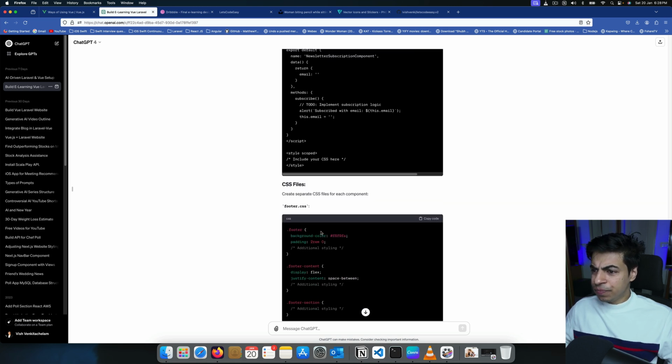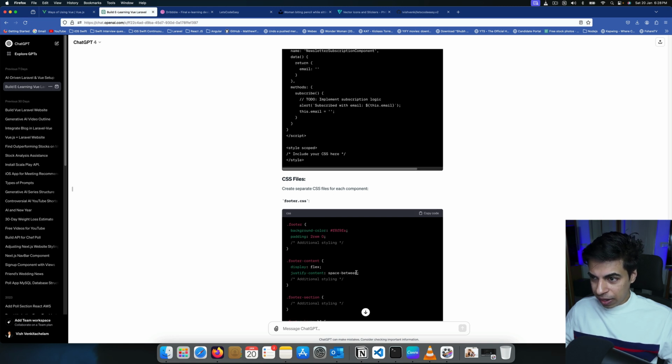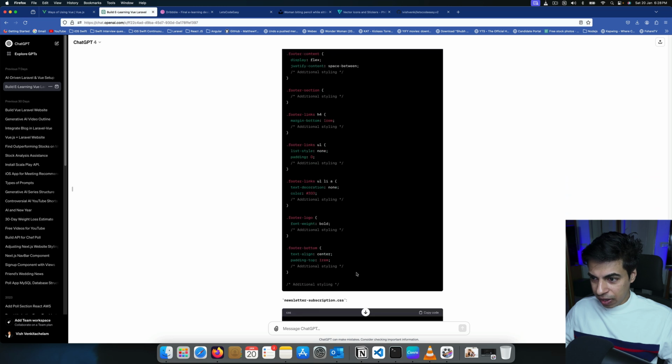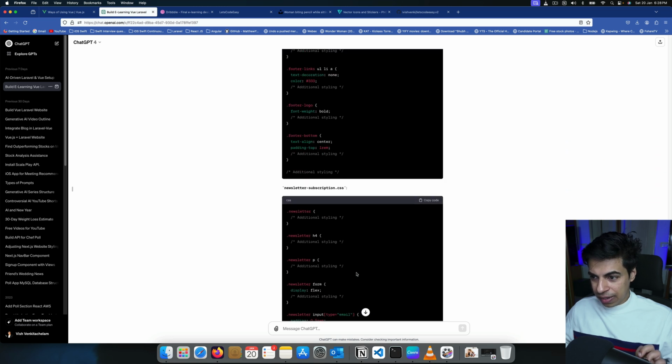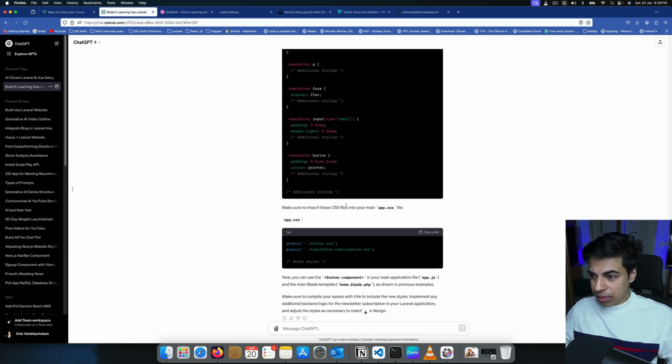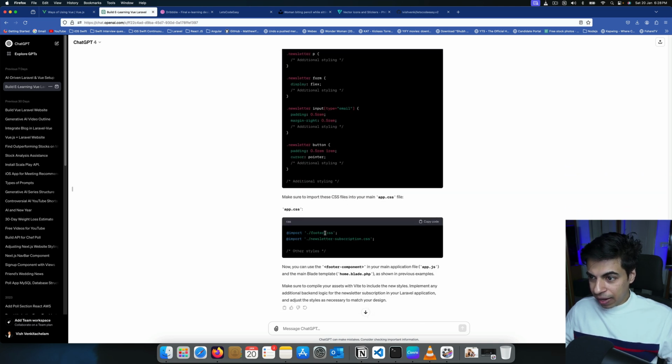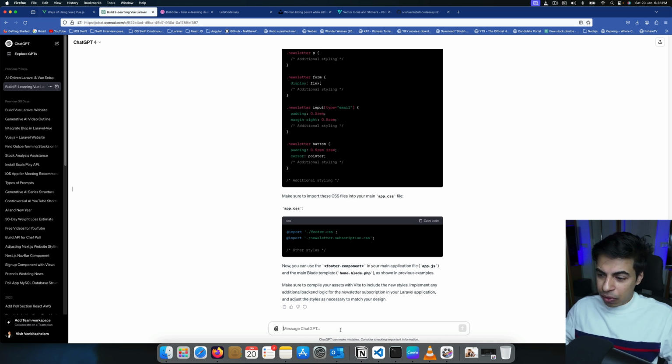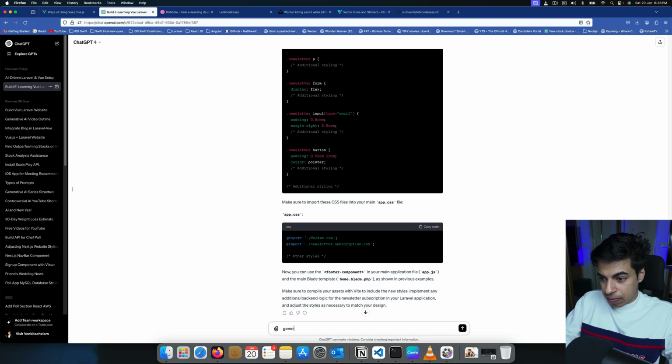Okay, it's already generated the CSS footer, but I don't know why it is scoped, because I don't think we need it, if we are including it in the... okay, it has left some of the CSS outside. Yeah, it has to be added in app.css. So I'm going to ask it to now generate the whole style sheet needed, generate all the required styles